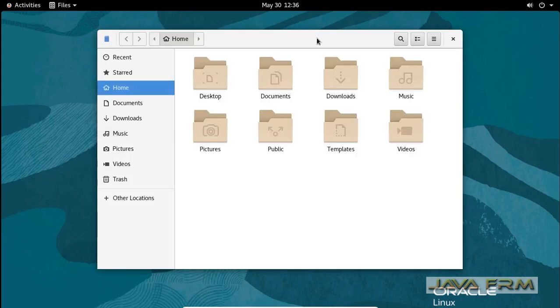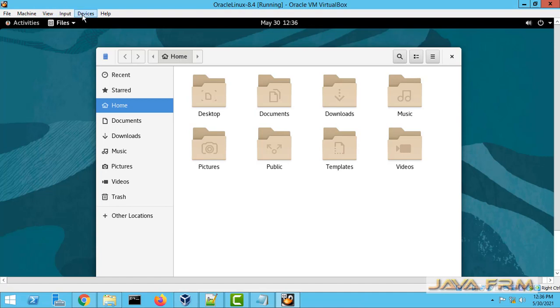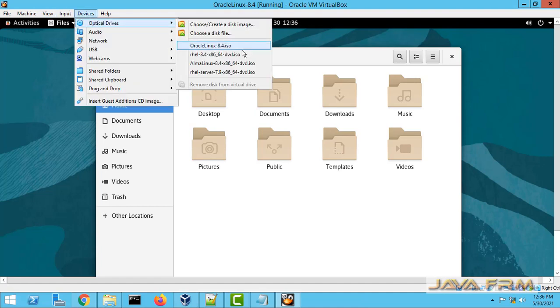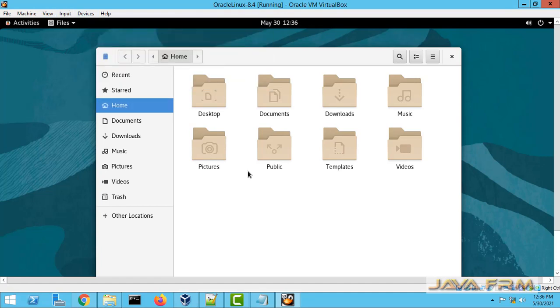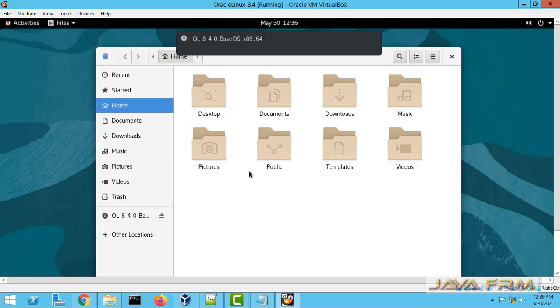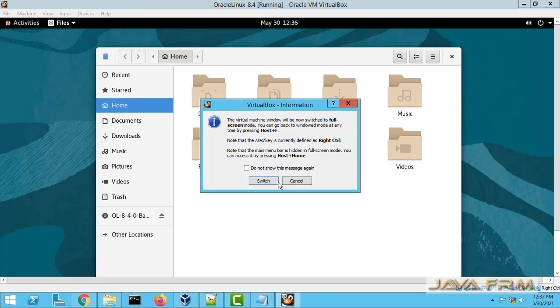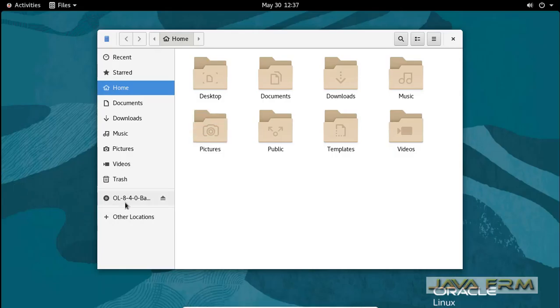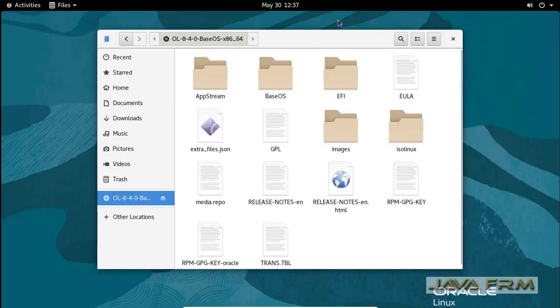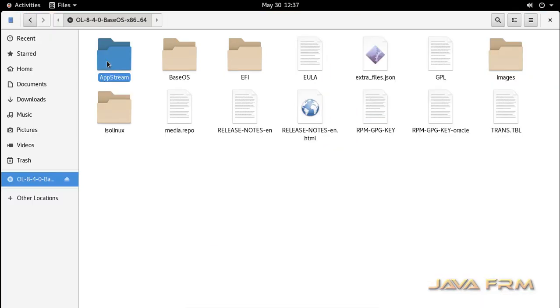First thing is I am going to mount the Oracle Linux 8.4 DVD ISO file. Go to devices and select the Oracle Linux 8.4 DVD ISO file. From this DVD I am going to copy the RPM packages.